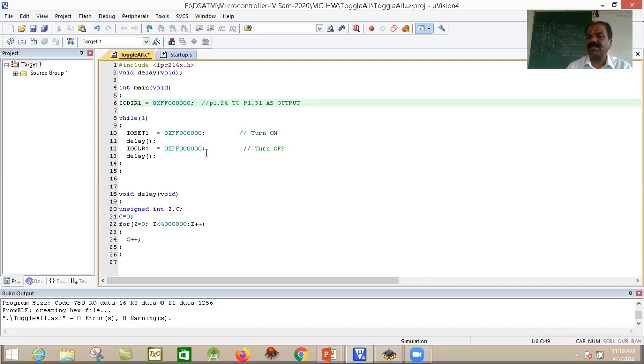Repeat the same thing. So how to write a program for delay? We just have to create a loop. Suppose in this case, I'm going to execute this loop 4x times. So it requires approximately 1 second. Therefore, all LEDs are on for approximately 1 second, then all LEDs are off for 1 second. Repeat the same thing infinitely. So this is the way. Next, I'm going to show the demo for this particular program.